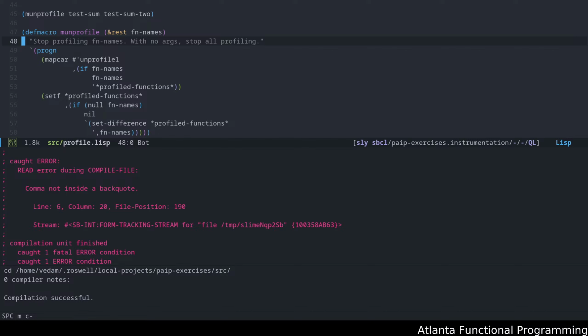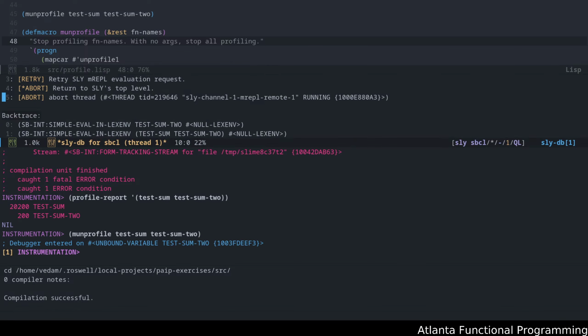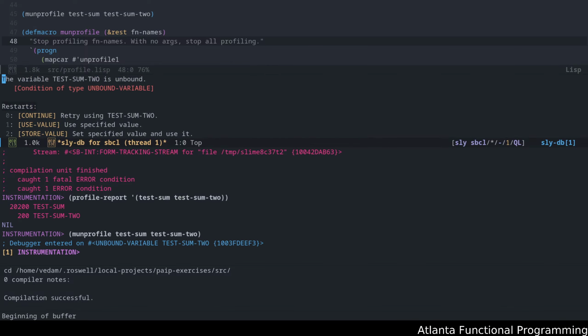So once we have this, again, we just saw our profile report just to show you again here. Now we can actually go and unprofile everything. What? Test sum 2 is unbound.